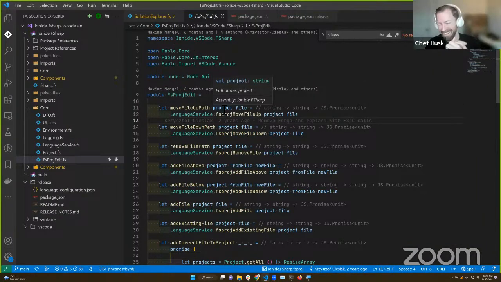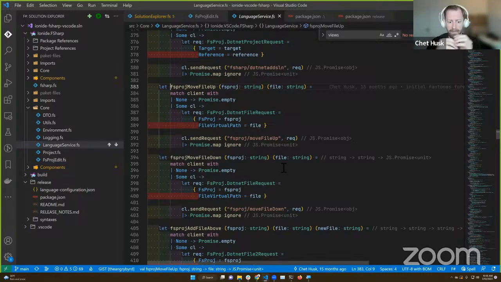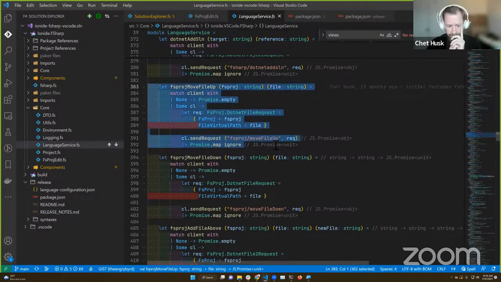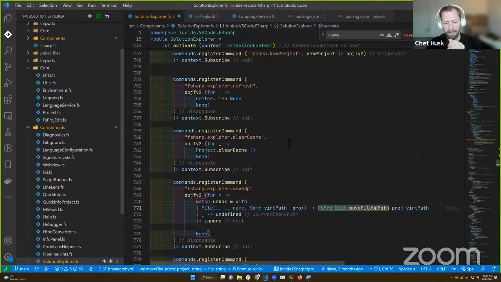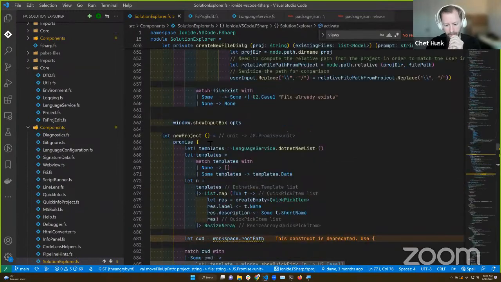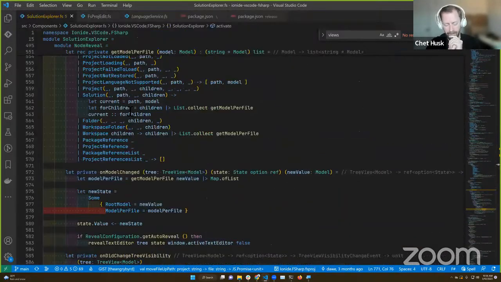Yeah. So Ionide has sent a command to FSAC, and FSAC is doing the thing. Our proposed fix is to not just send this request off. We want to send the request off and update our local data store for things.